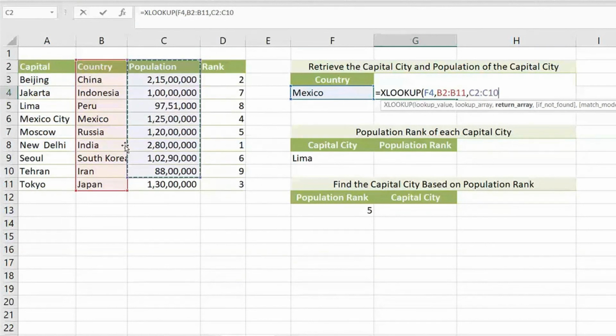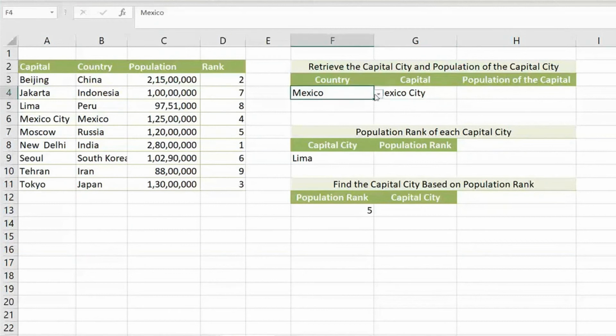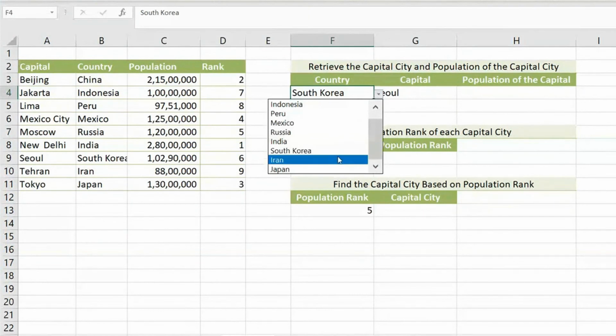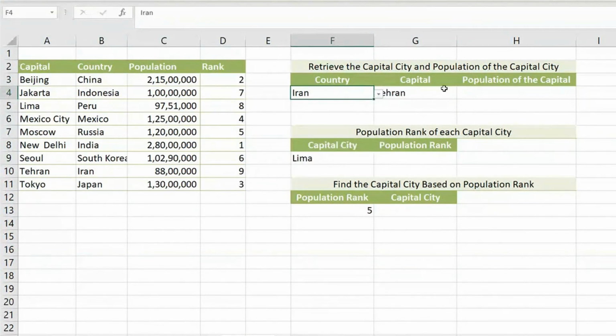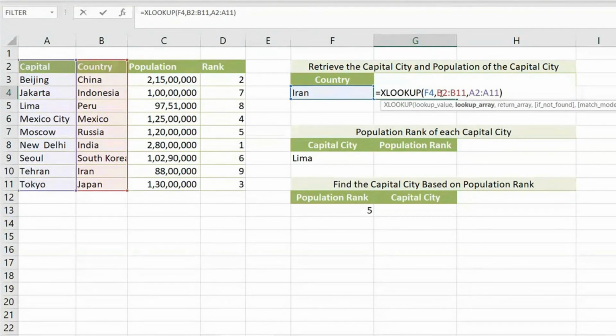So the return array can be anywhere, either here or here. XLOOKUP says, I am not bothered. You don't worry about it. Go and pick this and simply close it. And can I get a WOW for this command here? Not for me, for Excel, for this XLOOKUP. It's a superb option, which was not there for ages in Excel. People used to dream for it. I'm not telling you we can't do that in Excel. We can do it with the INDEX MATCH function. But for novices and beginners it is so difficult. People who are not used to it have to put in a lot of effort, formulas and logic. With XLOOKUP, there is a simple and great way, and it can really help you guys.